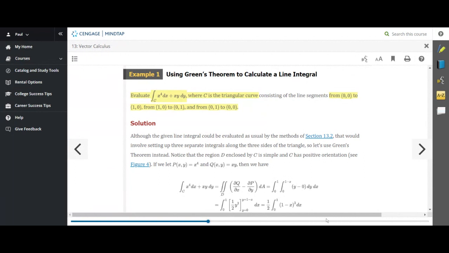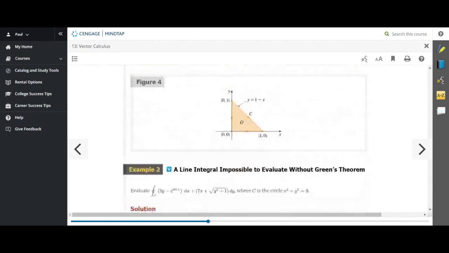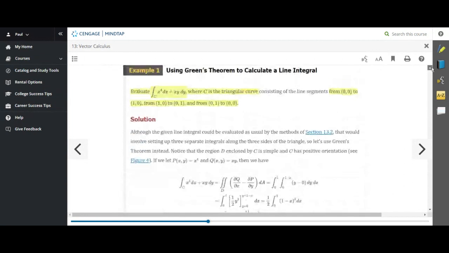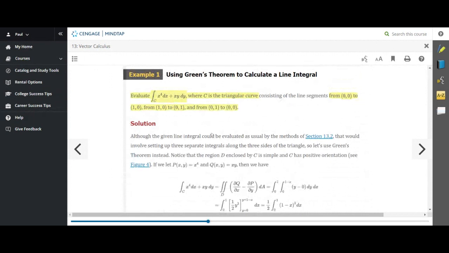Okay, so pictorially, you are computing a line integral along this path. Notice the path C is closed and it contains 3 line segments. So if you were to use the concepts of section 13.2 to compute the line integral here,